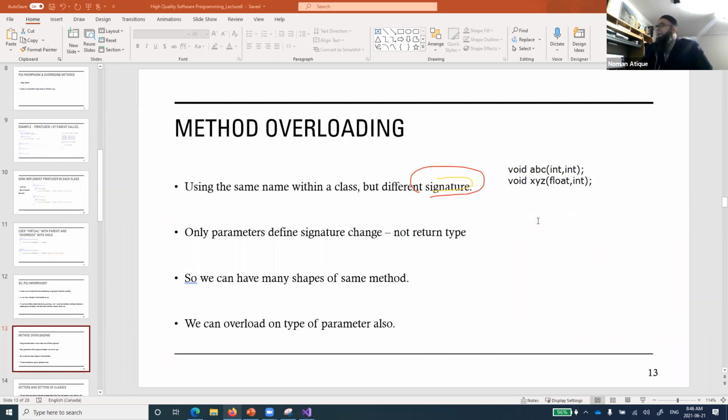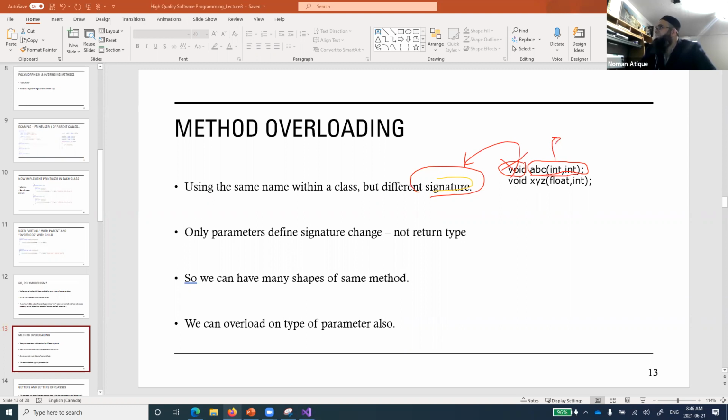You see here, I've just declared these two methods, ABC int, XYZ float int. What is the signature? Please remember, the name and the parameter list of the function or the method are called the signature of the method. Name and the parameter type. Please remember that return type is not included in signature.